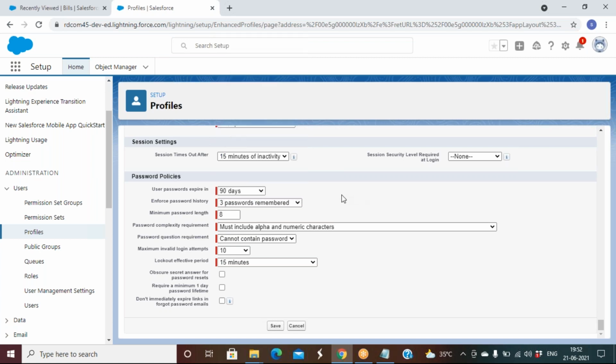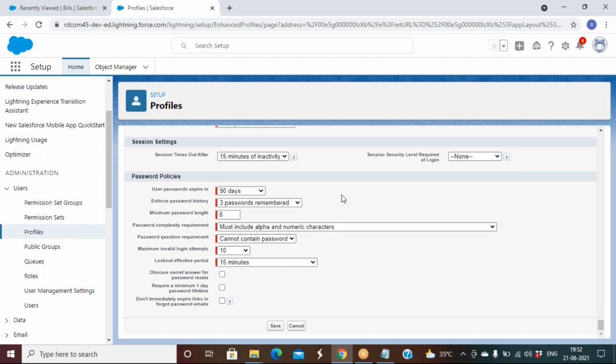So if you ask me the best practice, we'll go with 2 or 3. As humans, we cannot remember all 24 passwords and then try to give different passwords. It's a very rare case. We cannot, right? Mostly we can maintain 3, 4, 5, 6 different passwords, not more than that, right? So we'll keep 2 or 3.